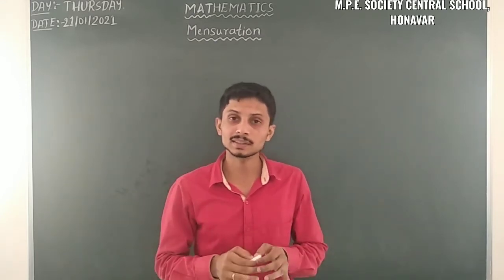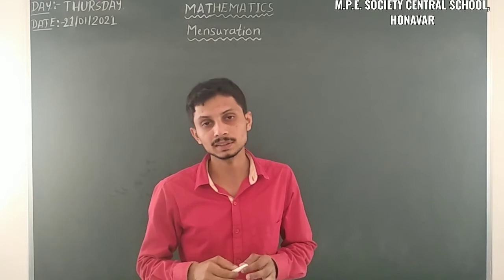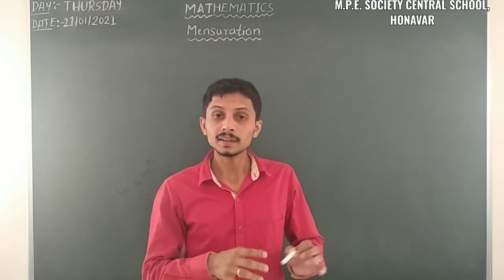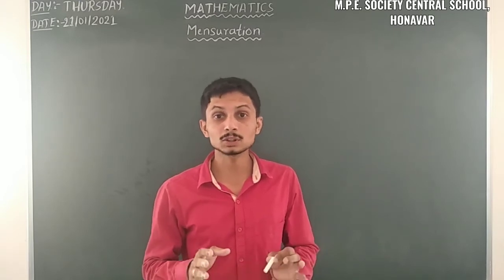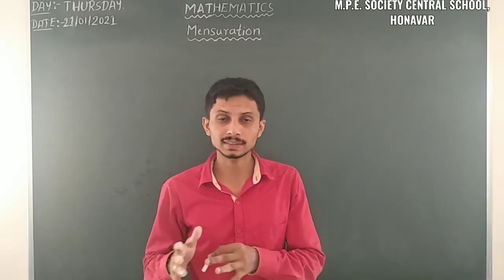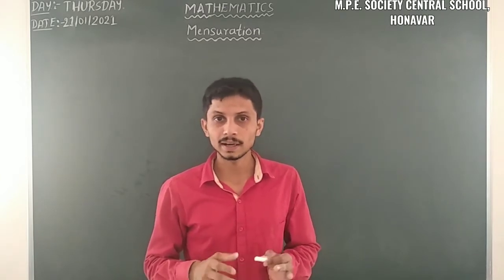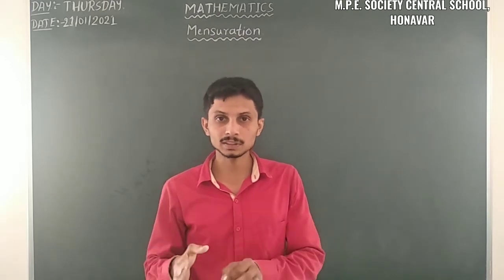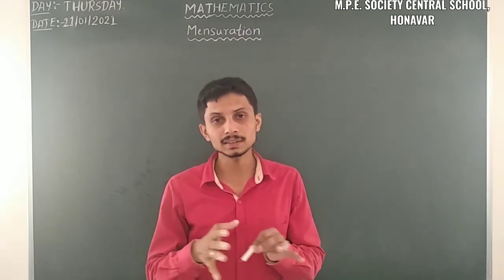Last class we discussed a topic from 8th standard, that is mensuration. In mensuration we already discussed area and perimeters of closed figures, area of trapezium, area of general quadrilaterals, and in the last class we discussed solid shapes. In solid shapes we discussed faces, vertices and edges, and also surface areas and volumes.